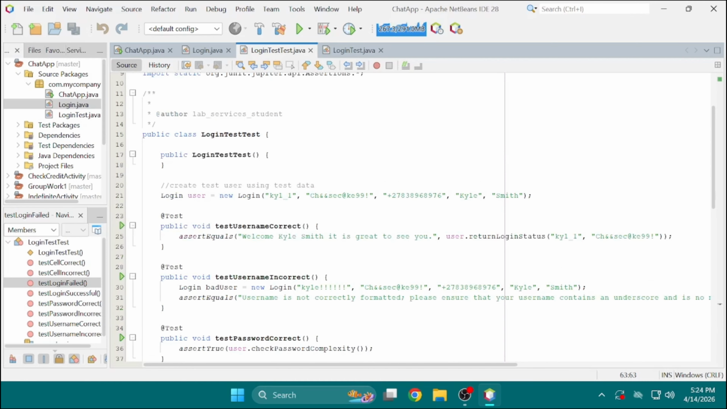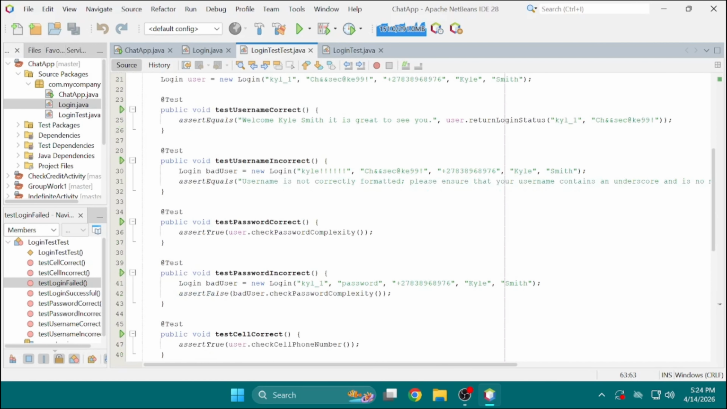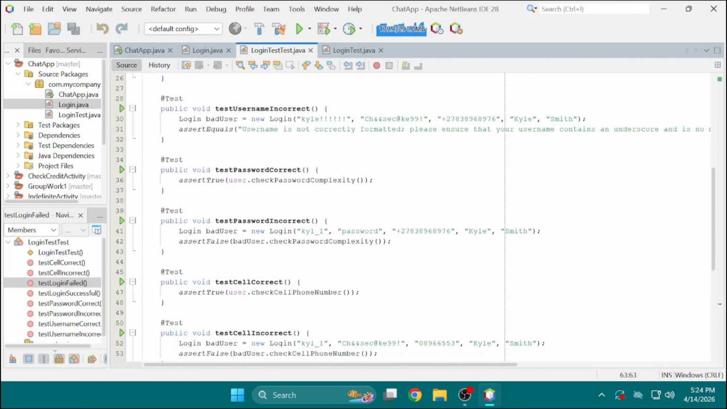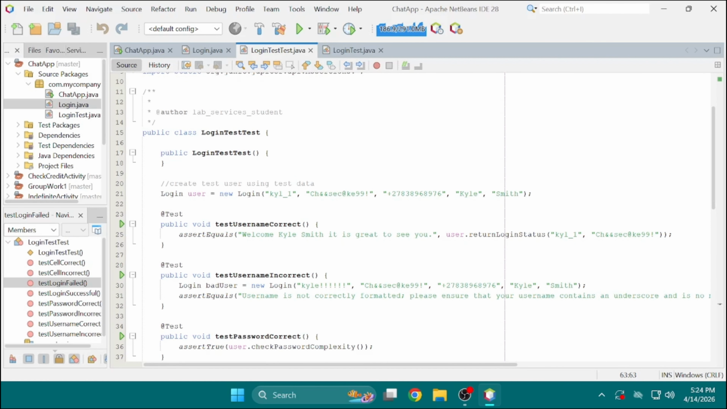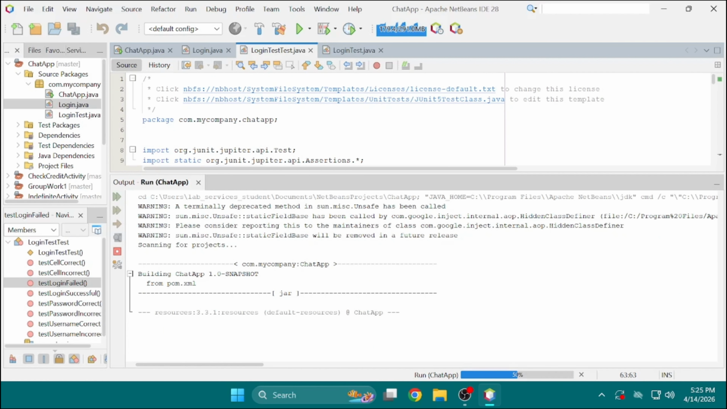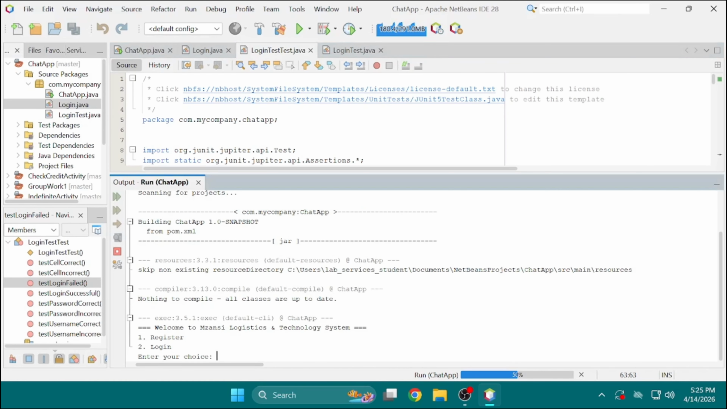All the test data, like the KYL_1 and the password and the cell phone number, came directly from the assignment brief. So next is to check the application is running and